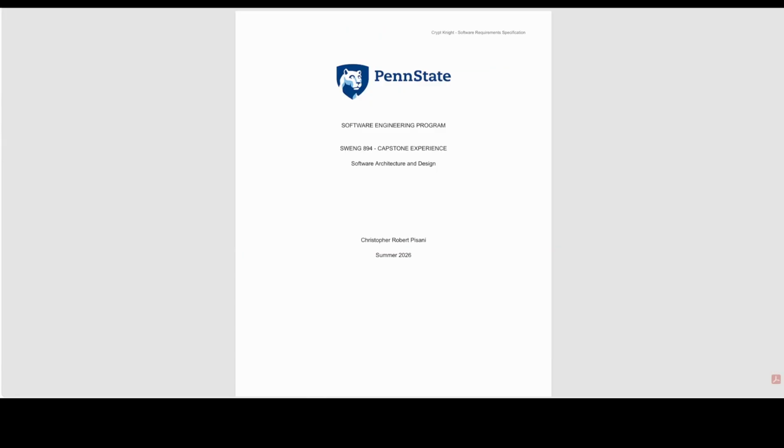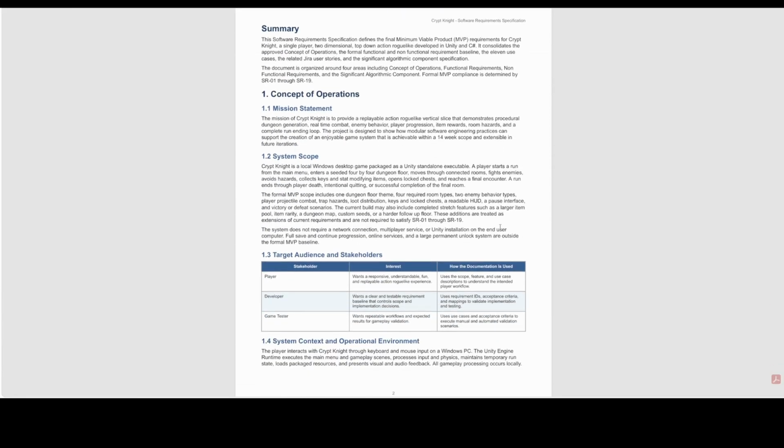For the first part of the demo, I'm going to walk through the full life cycle of how the project's use cases and requirements are translated into UATs that are ultimately implemented and run as automated tests. We'll start here in the software architecture and design document and take a quick look at the functional requirements and use cases. As discussed earlier, the MVP defines 19 functional requirements and 11 use cases. If we scroll down to the use cases,